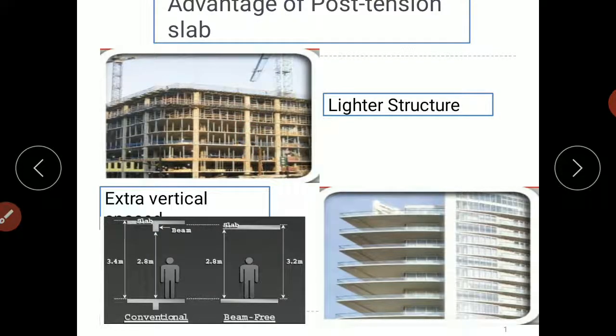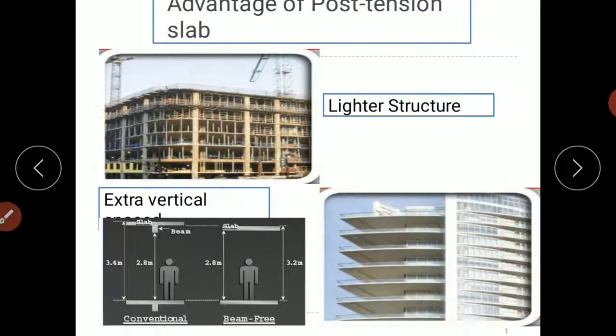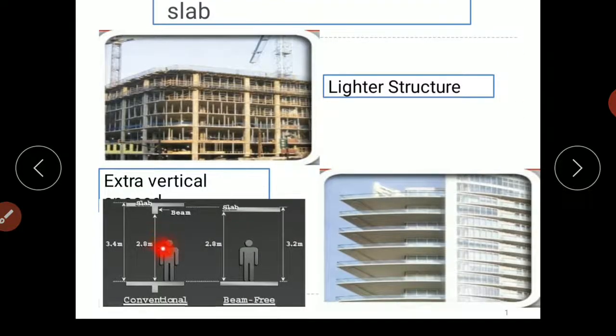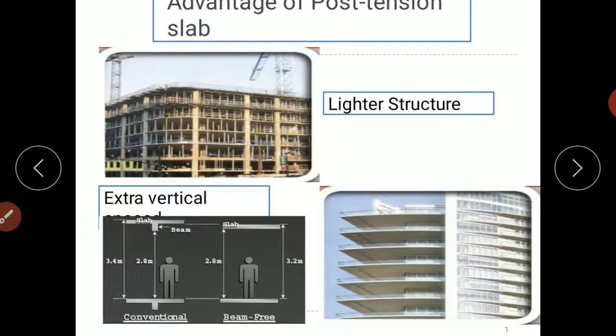There are no beams provided here. So we get a lighter structure and extra vertical, meaning somewhat extra room height, for feasibility.